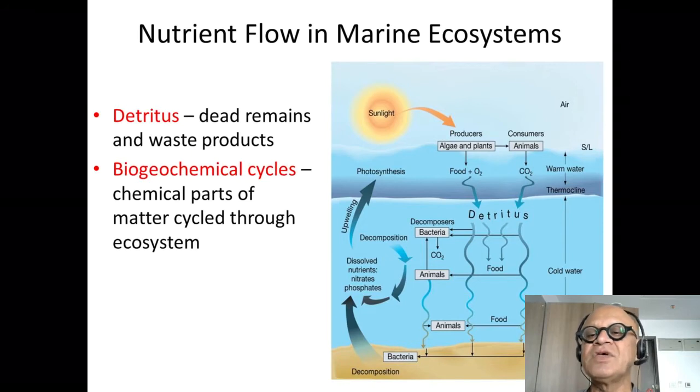Sunlight is coming in. There are producers, which are autotrophic. They can photosynthesize, so they are algae and plants, depending on whether you're in the coastal ocean or open ocean. You can have plants in the coastal ocean. In the open ocean, it's mostly algae, right? So they produce the food and oxygen, and they either are eaten, or they drop dead, or they are consumed